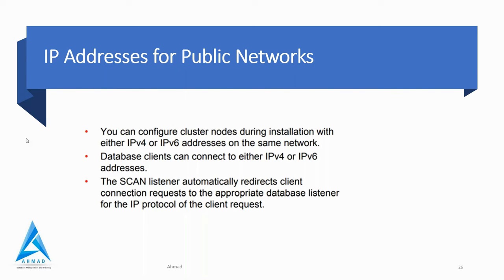So during installation, you can choose to enable your client to connect with either IPv6 or IPv4. But after installation, you can add IPv4 addresses to an IPv6 setup, or if you are using IPv4, add IPv6, in your RAC. You must configure the public network as an IPv4 network, and IPv6 addresses are not supported for the interconnect. So there are many interview questions in that.